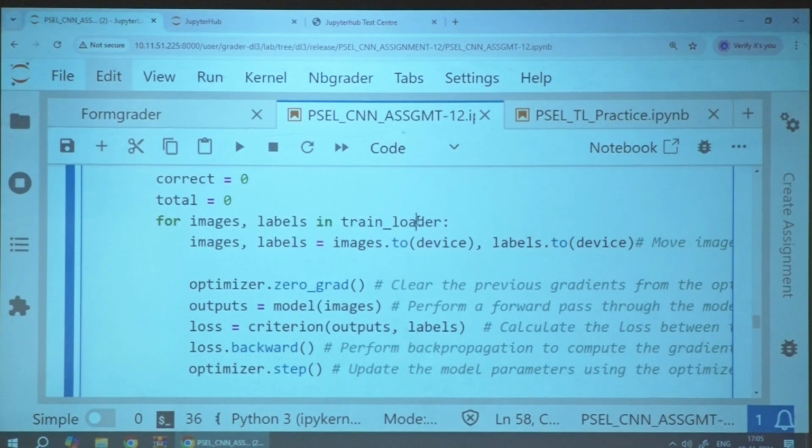Now these parameters and the input, all these things need to be shifted to the same device. The model has already been shifted to that device. These parameters also means the images and the labels on which this model has to execute and run; these also need to be shifted to the same device. Suppose we find two devices, GPU 1 and GPU 2, and the model is on one GPU device and the parameters are on another GPU device, it will not work. That you can experience in the case of parallel programming.